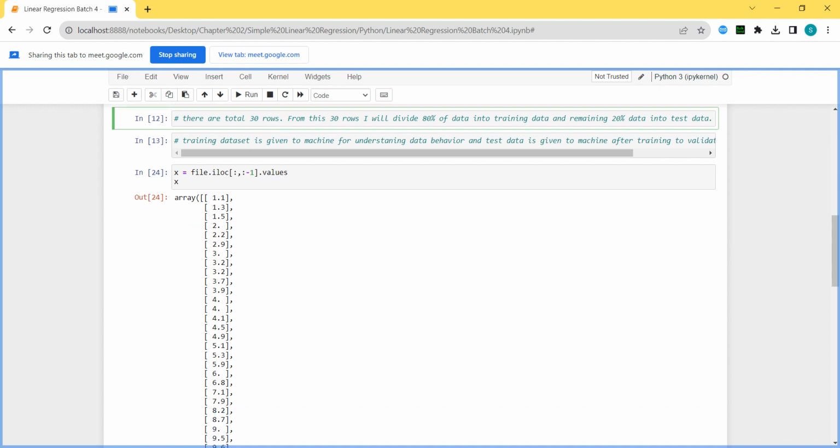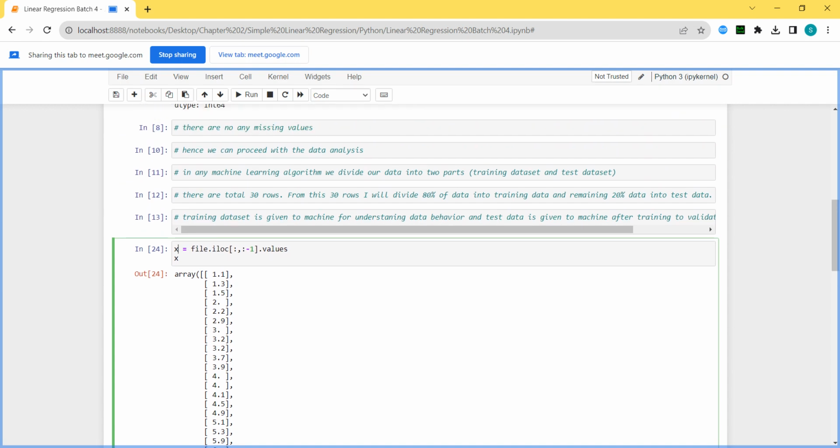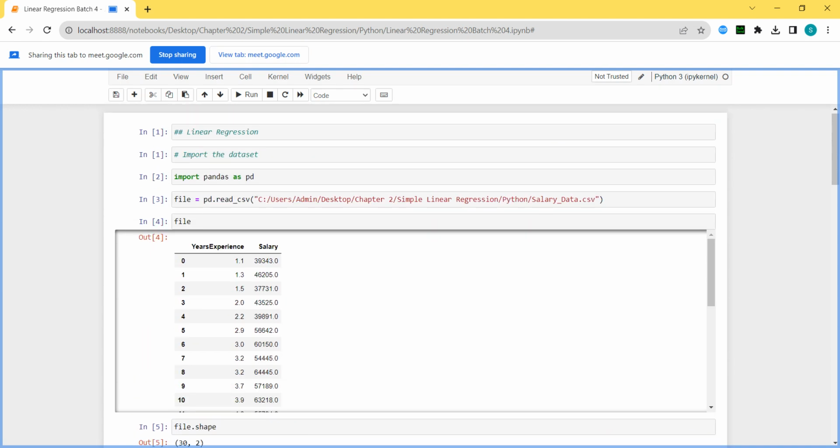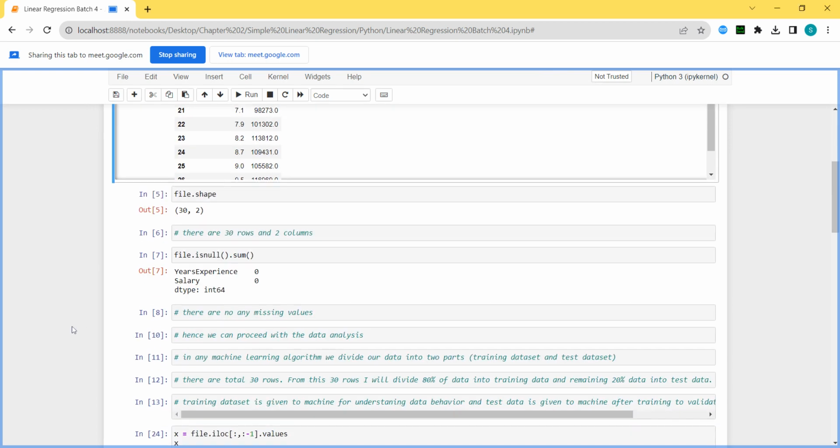How am I going to give it? Store your independent variable in X. What is my independent variable? Years of experience. Sir, how did you decide? Because we want to predict salary. If we want to predict salary, salary is my target variable. My target variable will be my dependent variable. So salary I want to guess, salary I want to predict. So salary is my target variable. Obviously, salary will then be stored in the Y variable, and years of experience will be in X. Same thing I have done here.